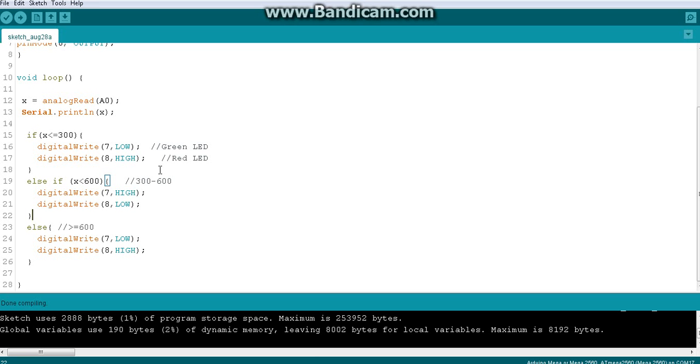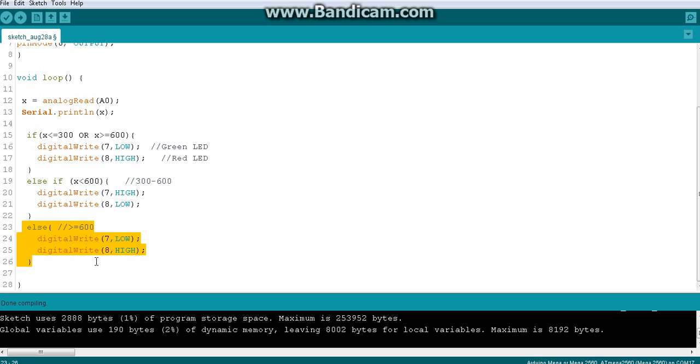So what I will do is I'm going to say if x is less than or equal to 300, or x is greater than or equal to 600, switch on the red LED. You can see this, guys. So this else part will only have this greater than or equal to 600. There are no other values that have the possibility of coming here. So that thing I have covered here using an OR scenario, right? Because both have the same outcome, so why do I have to write much code? I will refactor it properly, without breaking the logic.